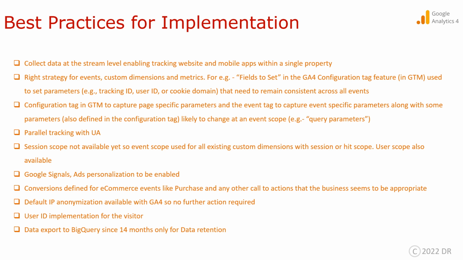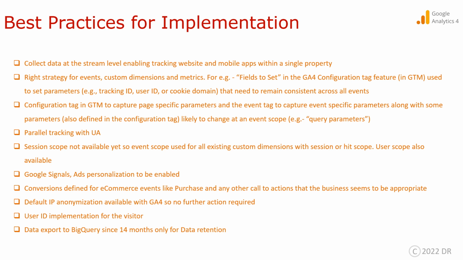So what we are doing is implementing event scope for all the existing custom dimensions with a session or a hit scope, right? And then you also have user scope available. So with properties like user ID, it's user scope, right? So that's the whole idea. You would also have some other parameters that could have a user scope, but it all depends upon